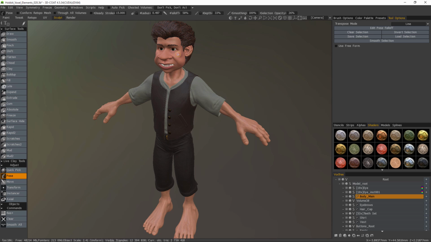So there are two major use cases here that involve using this feature. One is if you have created a character from scratch, you've gone through the process of retopologizing, and for whatever reason, you have to go back and make some changes to your model. The other major use case is whenever you import a low polygon model into 3D Code for the purpose of